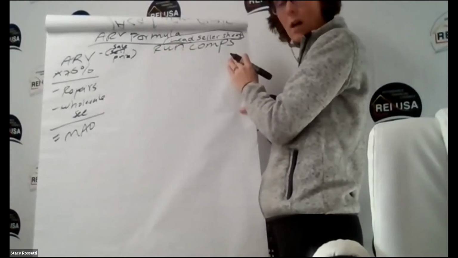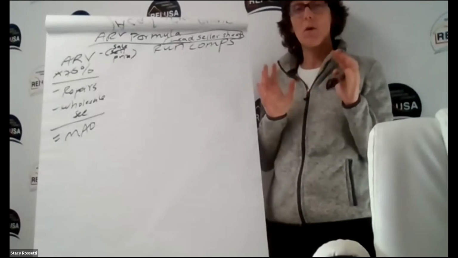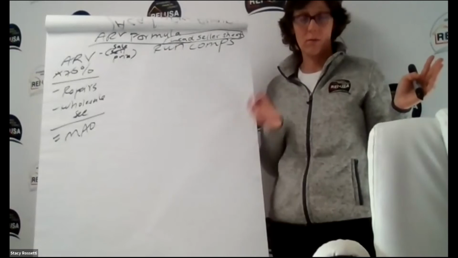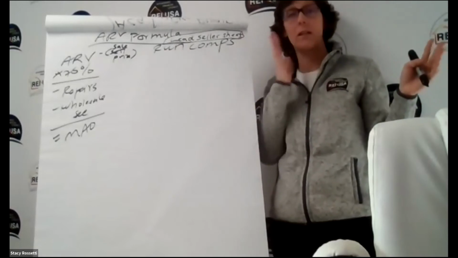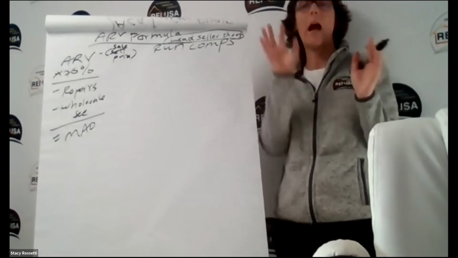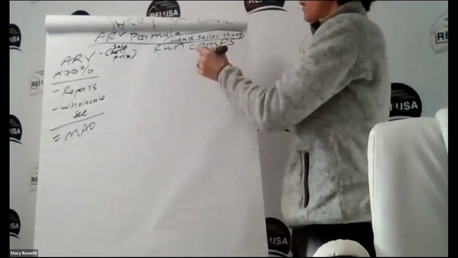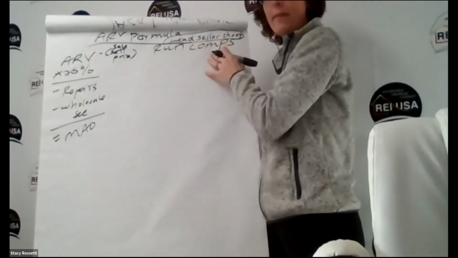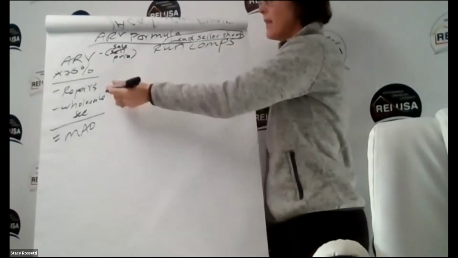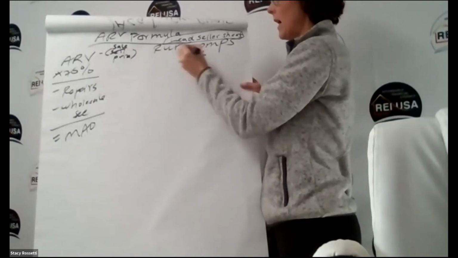Now that you've run comps, you're like, okay, the average sale price in the area is $150,000. That's what one of the students I looked at today had, a $150,000 sell price after it was all fixed up. That was the most you could get out of it. So you run the comps to figure out what you can sell the property for, and then you multiply that number. Let's just say it's worth 150K